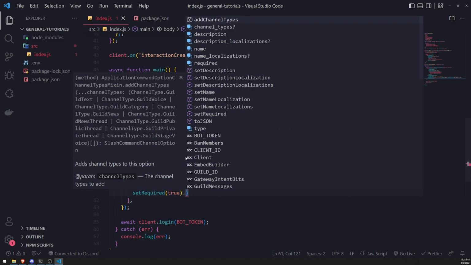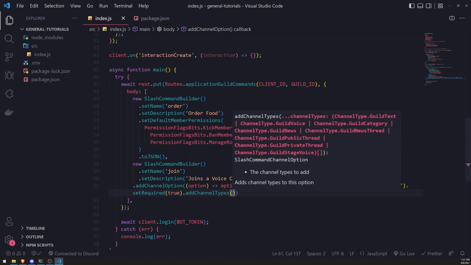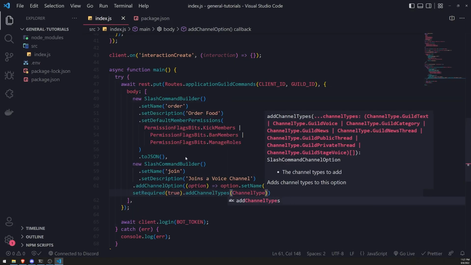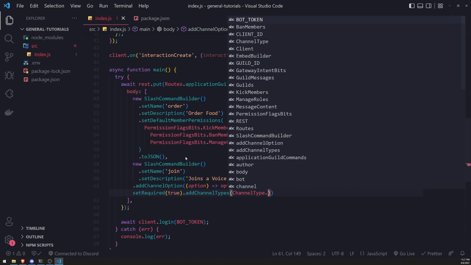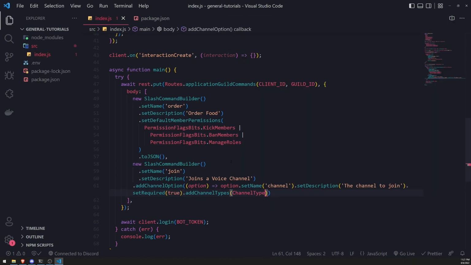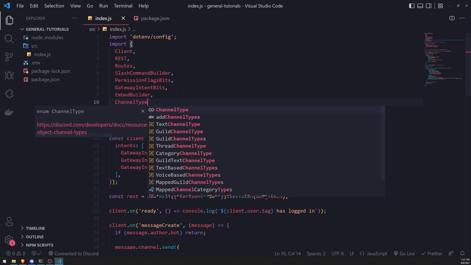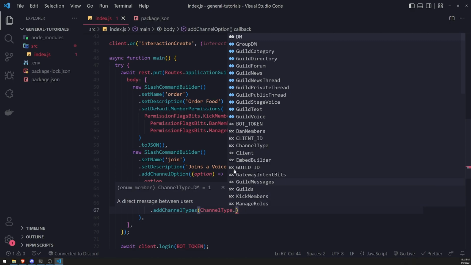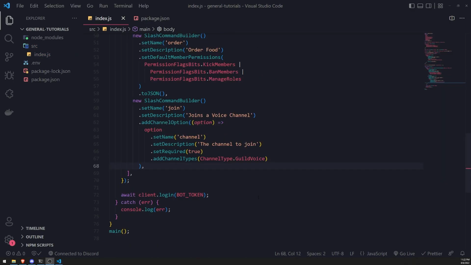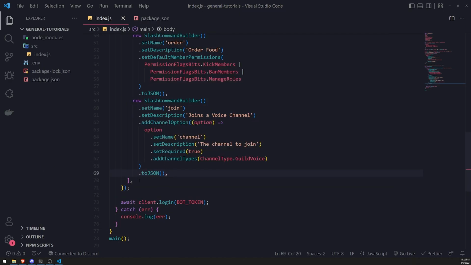And then we'll call add channel types, and we want to set the channel type to be guild voice. So let me import channel type from up top. So channel type like that. So this is an enum, and I'm just going to go ahead and reference the guild voice enum. Then I'm just going to call to JSON,